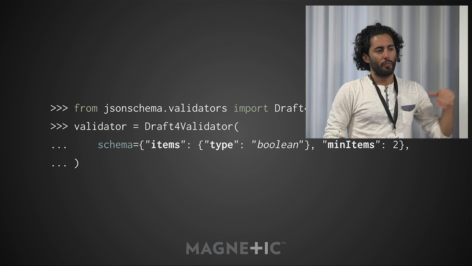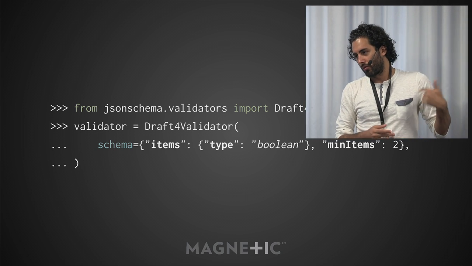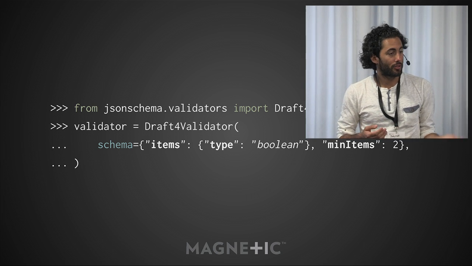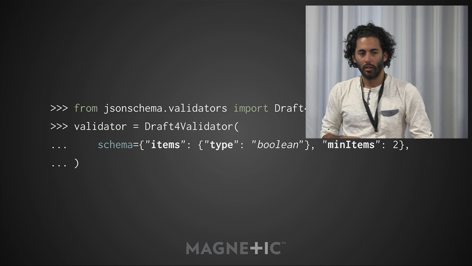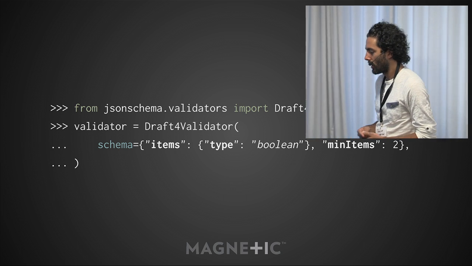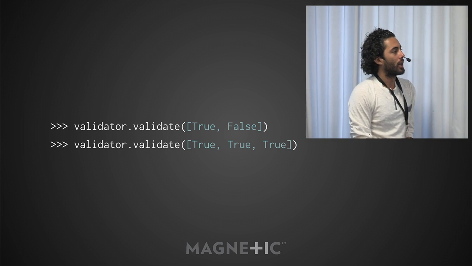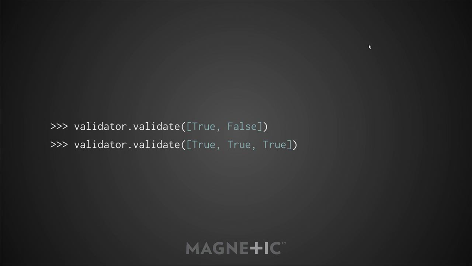Implicitly, when we called that validate function before, what it was doing was basically creating one of these for us, calling a method on it, and then throwing it away. So now we're more free to reuse this object. I just passed in the schema that we have. And if I pass in some valid instances to the .validate method now, which is the functional equivalent of what we've been calling, again, nothing happens, same API. If the instance is valid, execution just continues as normal.